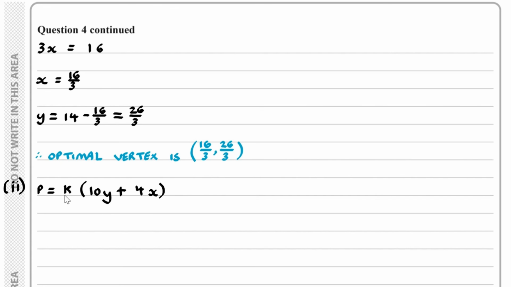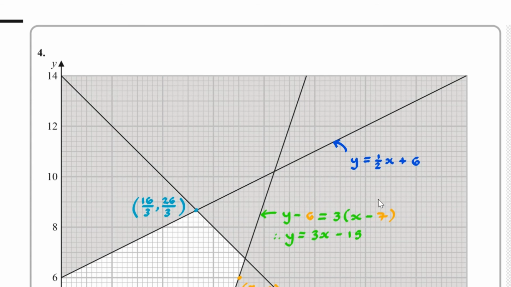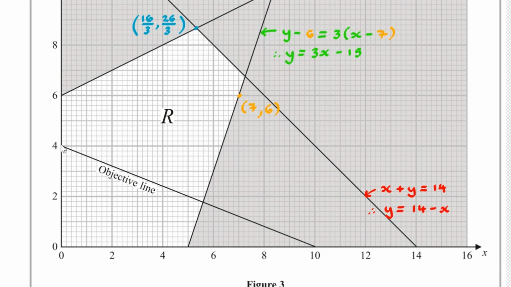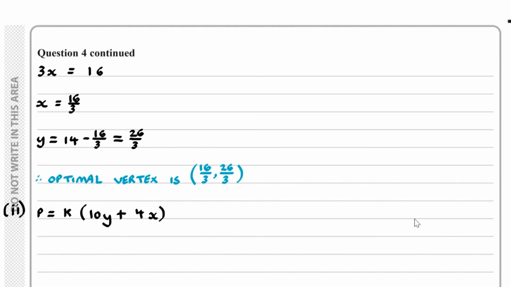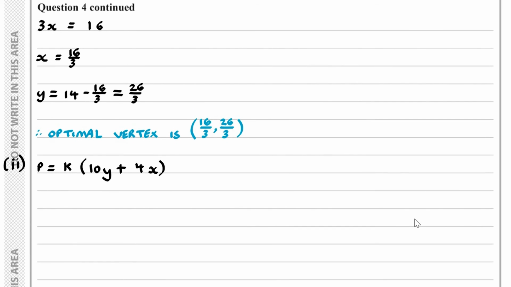And the reason we multiply by some constant k is because that will allow us to have the correct objective function. So we know the optimal value is 216. So I've got k times by 10y plus 4x